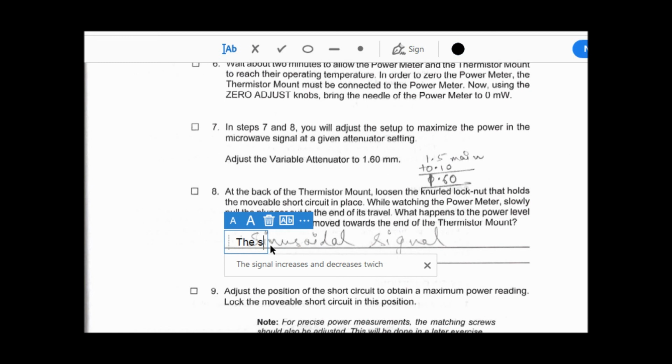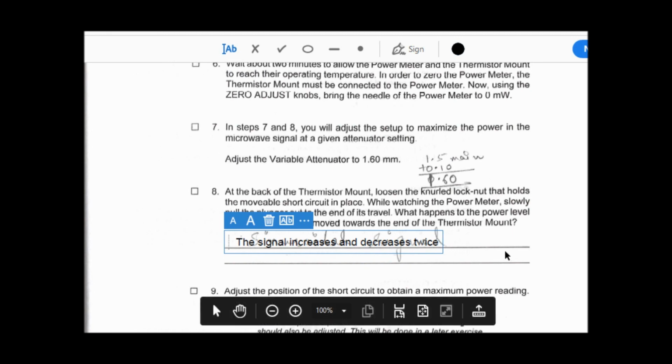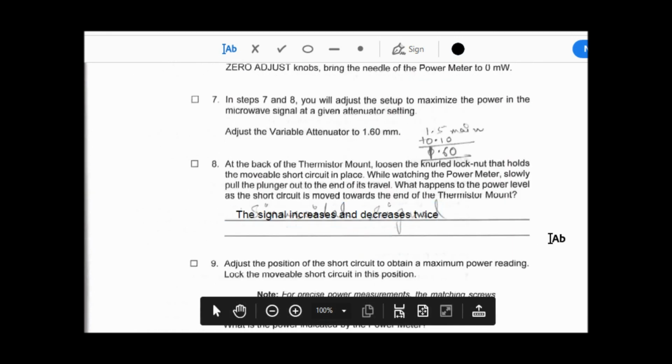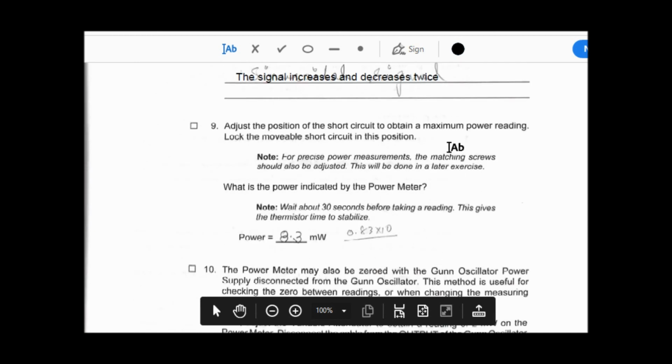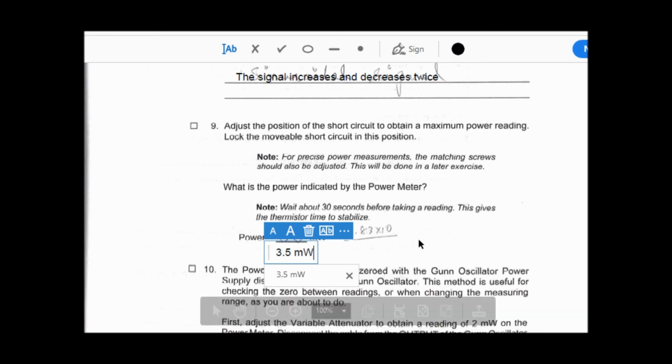Usually your power meter can produce power from 2 to 10 milliwatt. So I am writing the answers here. The first answer is, if you play with the thermistor mount, the signal will increase and decrease twice. And the second part asks, what is the power level? For the maximum power level, I write down this value, 3.5 milliwatt.